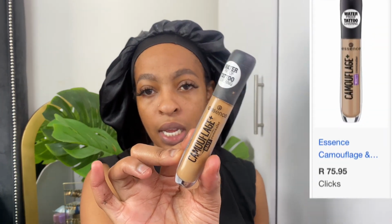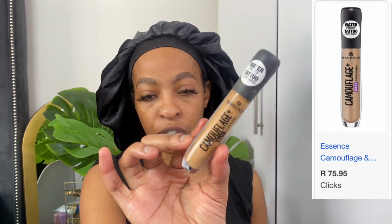And then after carving out your brow, you then are going to conceal. So to conceal, you use a concealer obviously, but I use two different concealers. The first one I use is this Essence Cosmetics one. Again, I will put the prices on the screen, and sometimes I use either